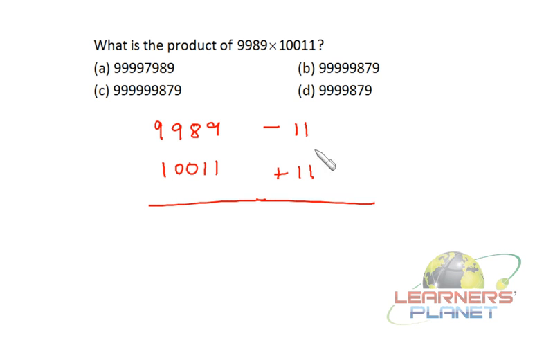Okay, now we have to multiply 11 and 11 and put the multiplication over here. So it's 121. Okay, but since it's a negative sign and it's a positive sign, definitely 121 will be a negative number. And since we are getting the difference of 10,000, we have to fill up 4 digits with this multiplication. So I just put a 0 over here. Okay, now it's 10,011 minus 11. I'll be getting